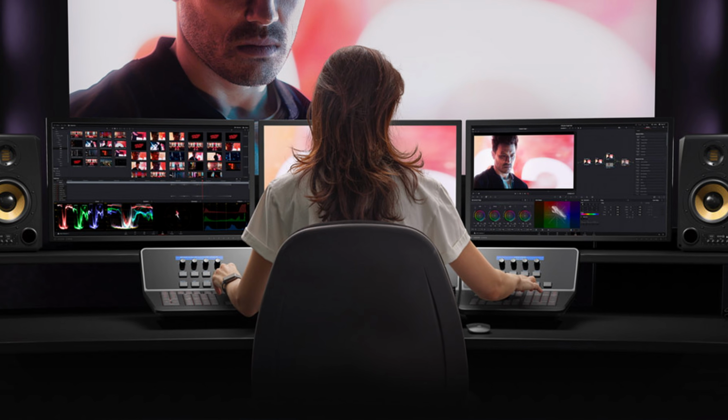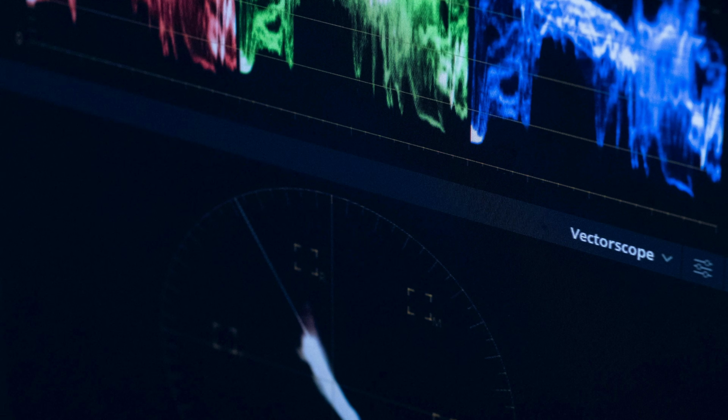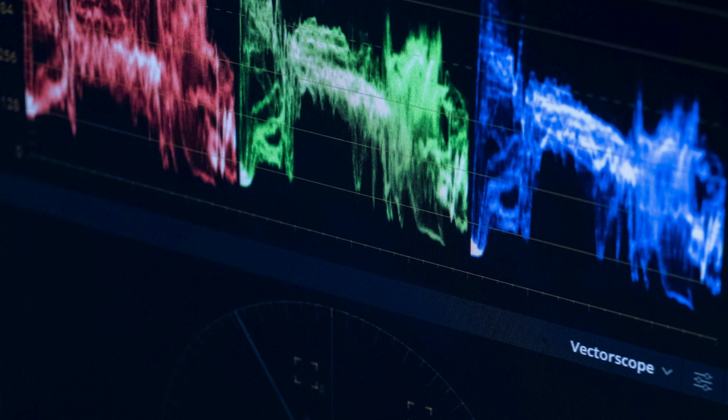For all my video projects, I use DaVinci Resolve Studio, which is hands down the best software for color grading. So let's jump in. Before we start, let's talk briefly about the history of film and why film emulation is